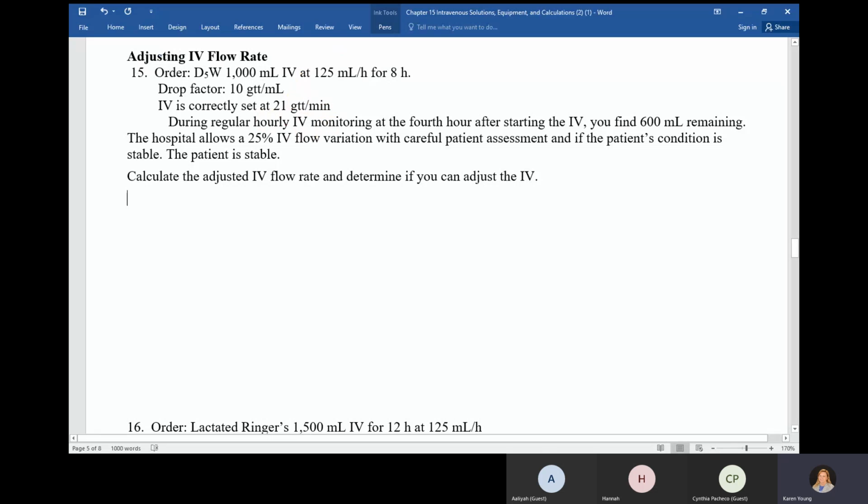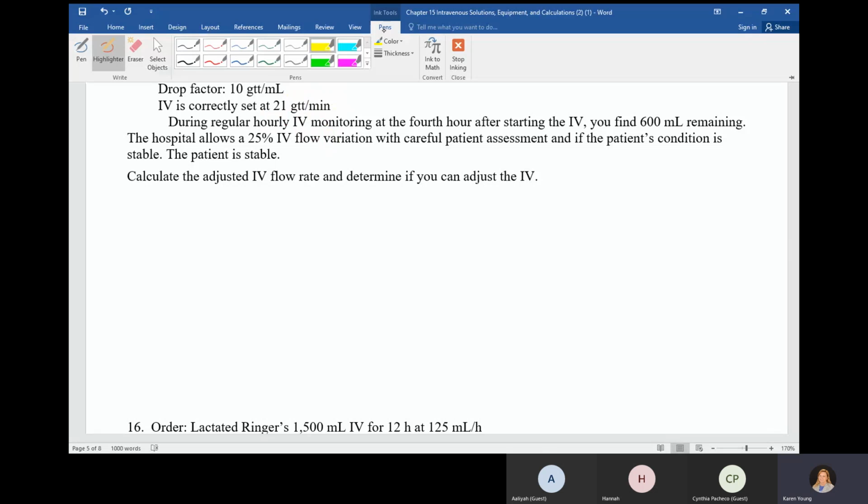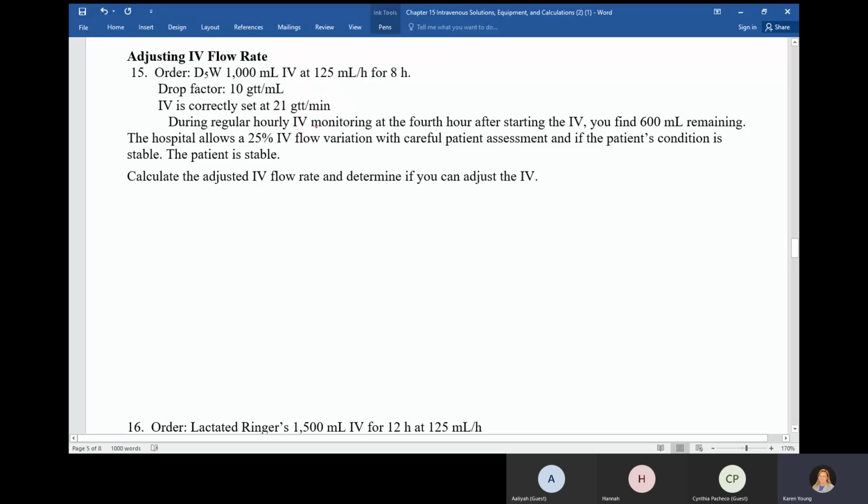what we're doing is, we've got IVs going, and they're gravity flow IVs. So we check them hourly or every couple of hours, but sometimes they're controlled by a roller clamp that will either slow it down or let you speed it up. And so you have to count your drops to get this going. Anyway, when you check it, say we have 1,000 milliliters of IV fluid